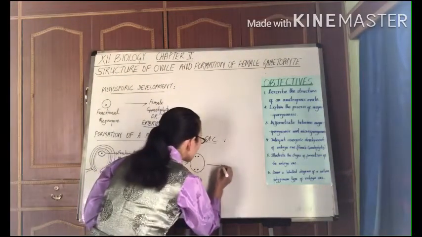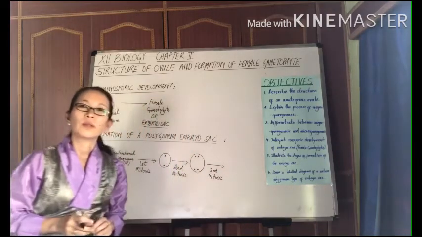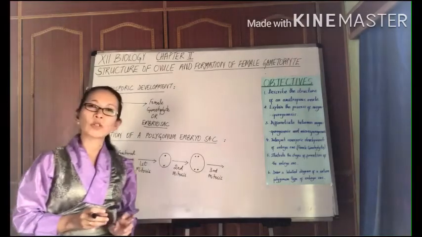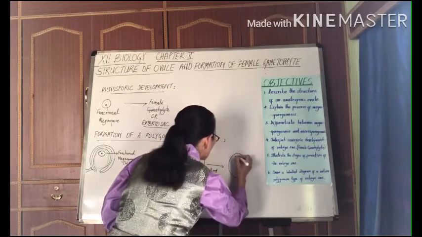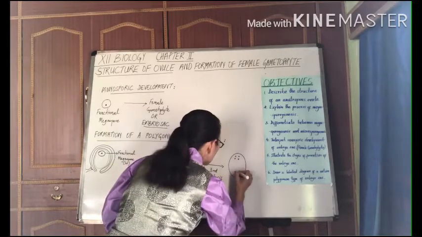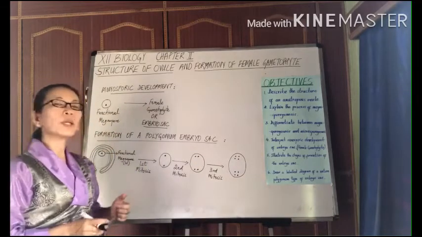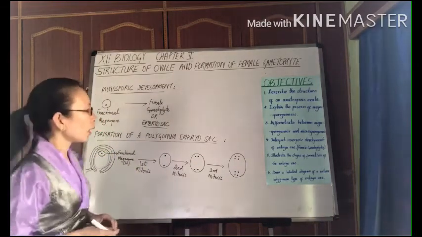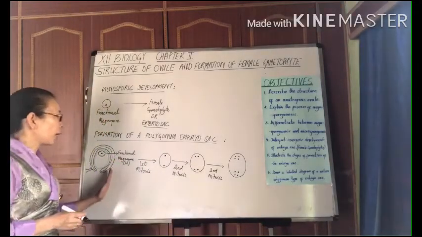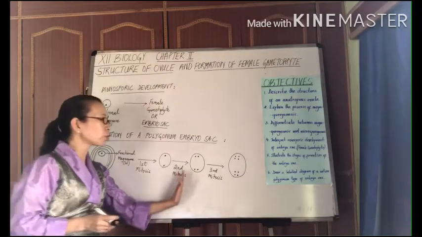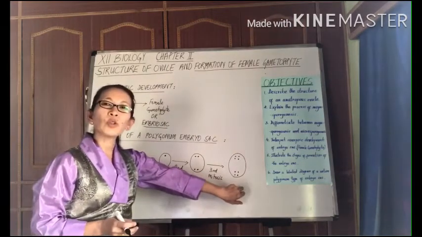And on completing the third mitosis, right after the second mitosis, this cell would then become an 8-nucleate cell. And such an 8-nucleate cell would then eventually mature into a polygonum embryo sac. Okay, so a functional megaspore had undergone 3 repeated mitoses without cytokinesis, resulting in an 8-nucleate cell.